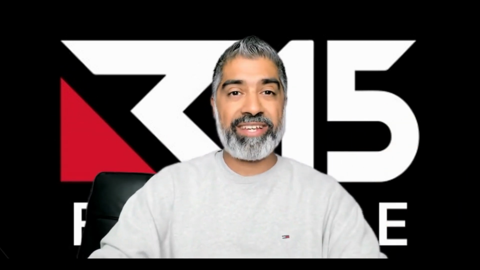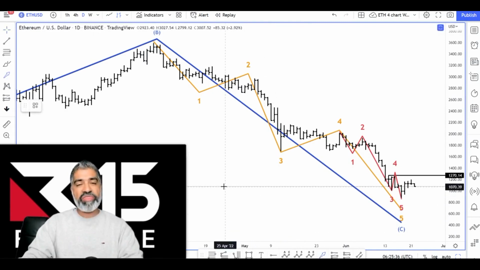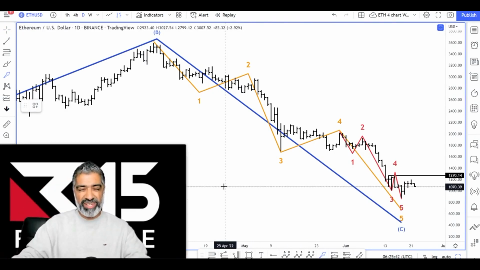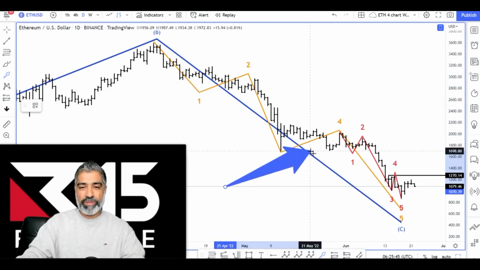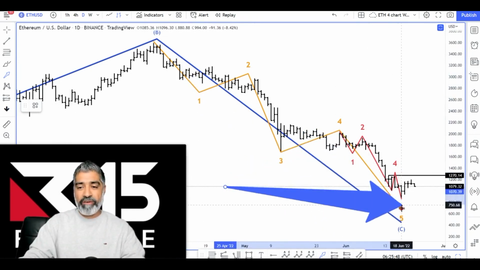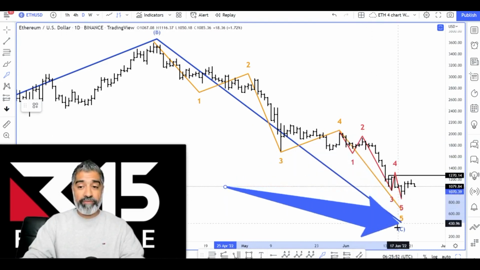So let's dive into Ethereum. Yesterday, we really went into detail with Elliott wave patterns. It's one of the best ways of reading the markets. And we had already 3 major degrees of counts. We're going to touch upon it today, but really this is what is called a wave C. And this yellow part is a wave 5, and then the red part a wave 5. So it's a 5 of a 5 of a C.